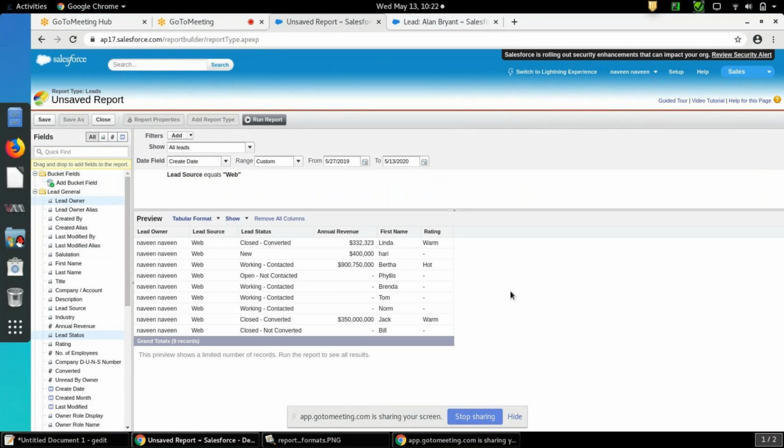So can you see lead source as web? So I got some records over here. Like that you can filter.